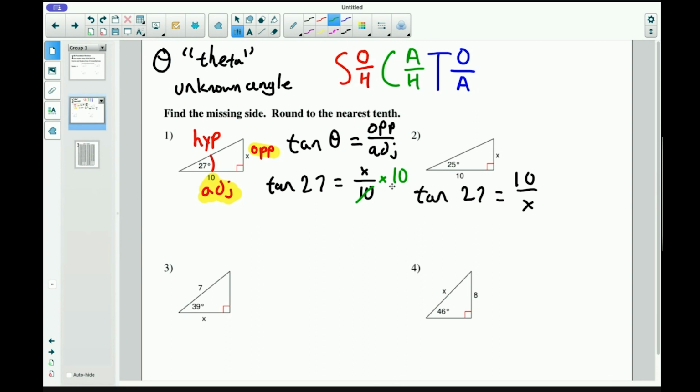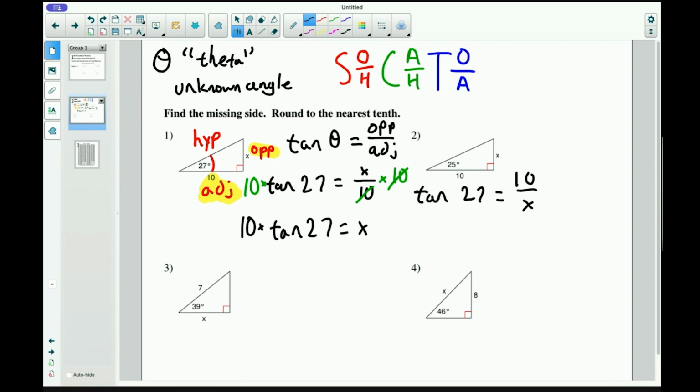So I get rid of these. The 10s will cancel or factor out essentially. And because I multiplied by 10 on the right-hand side, I'm also going to multiply by 10 on the left-hand side. What that leaves me with is 10 times the tangent of 27, and that's going to equal x. So here on my calculator, I'm just going to punch in 10 times tangent of 27, and I get about